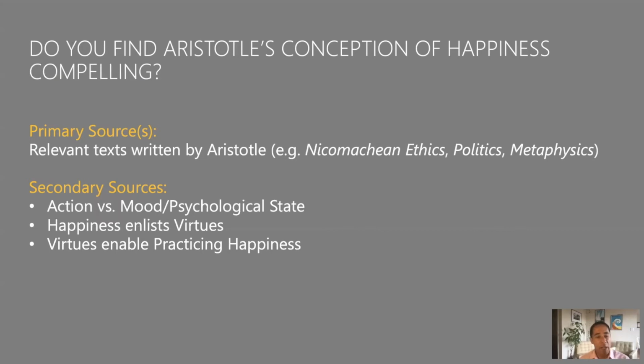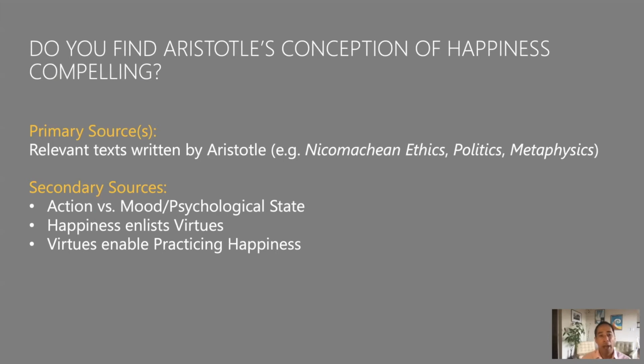Now, let's pretend that I've done my research, and from this research, I've determined 3 points I want to say in addressing the question. And I'm going to agree that Aristotle's conception of happiness is compelling. And what I found in my research is that key to this compellingness is that Aristotle makes a distinction about happiness as an action. And this contrasts greatly with the idea that happiness today is a psychological mood or state. So for Aristotle, that's not on the cards. For Aristotle, happiness arises directly as an action or from an action.